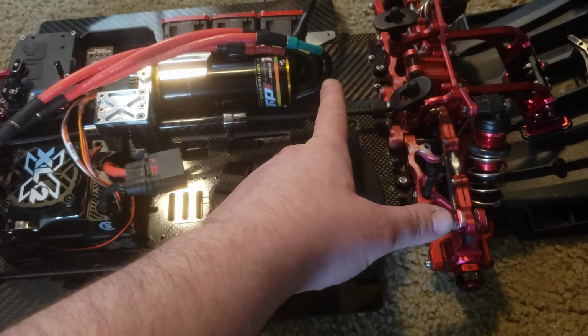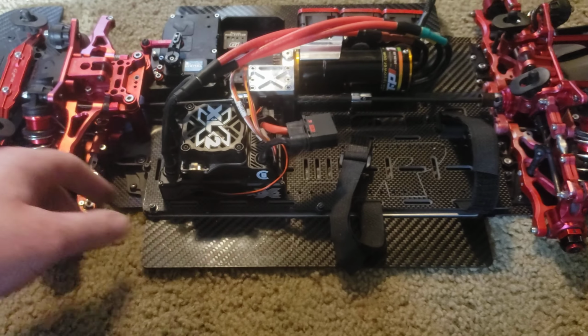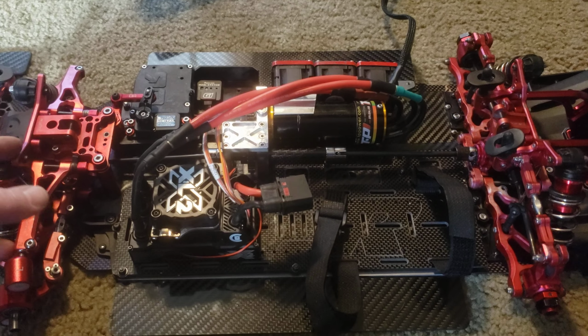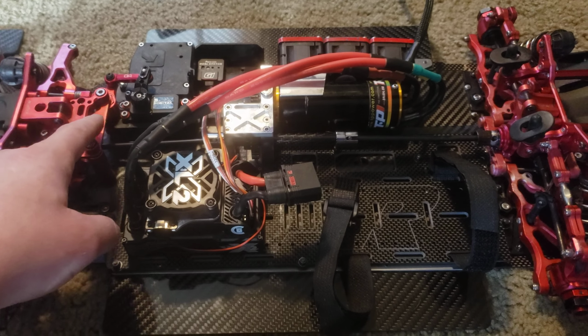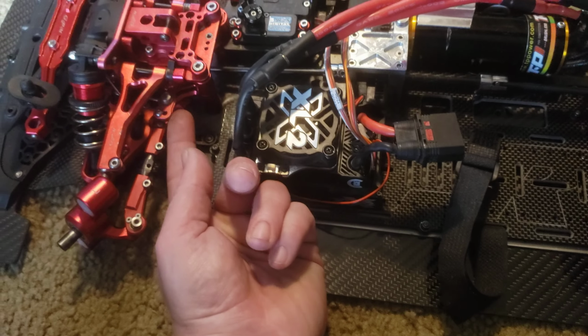So all I've got to do is order a 116 millimeter dog bone, or 114, and a 103 millimeter dog bone in titanium. And like I said, I'll be doing the Scorched carbon fiber, you can call them bulkheads or shock towers. And then I'm probably going to get, well, Scorched was out of this piece, but they have the steering piece. And then on my bell crank, this GPM piece,